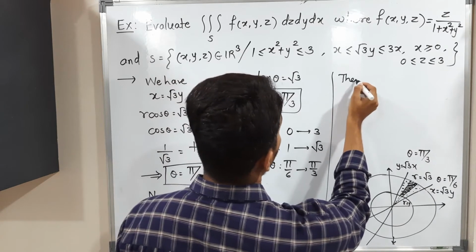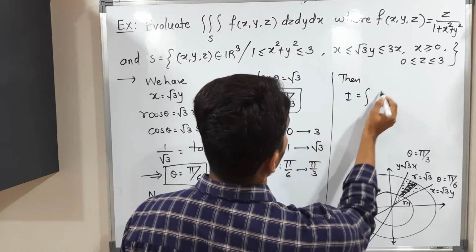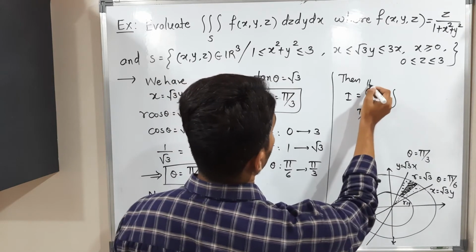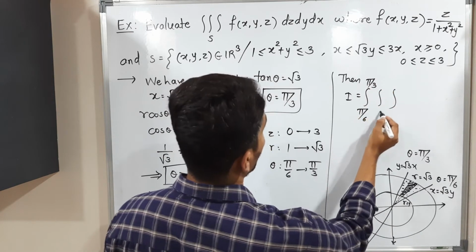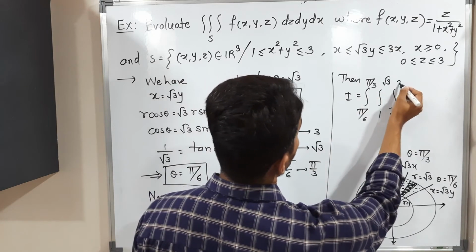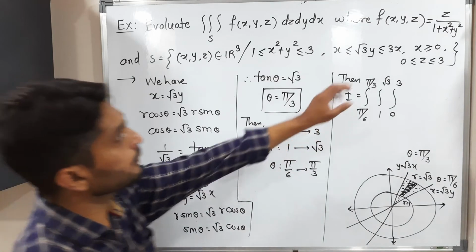Then I is equal to triple integration, limits of theta pi by 6 to pi by 3, limits of r 1 to root 3 and limits of z 0 to 3. And what is the function we have? We have z upon